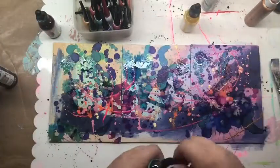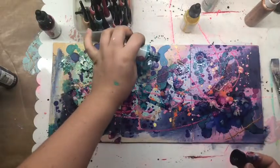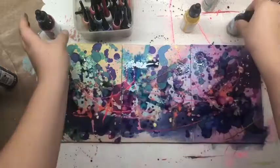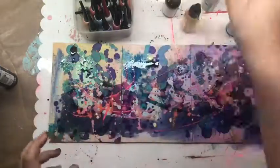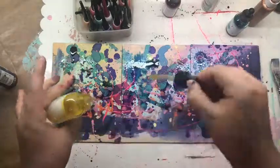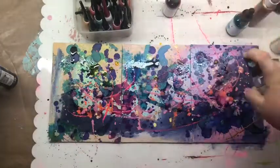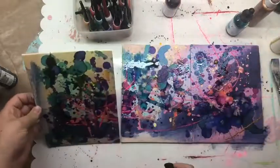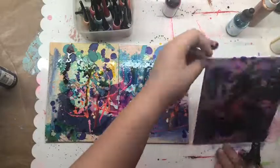I'm now getting out my Jane Davenport inks. These inks are really bright and they smell as well, which are really good. So I'm just dropping a bit of colour here and there throughout the three canvases. So I'm just adding some water here and there to make drips on the canvas and to make it all